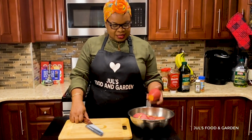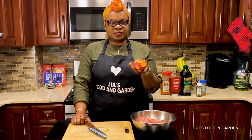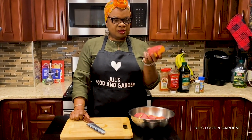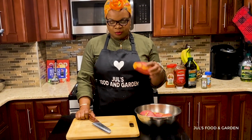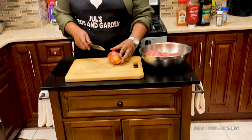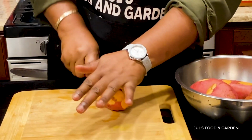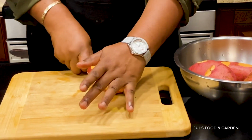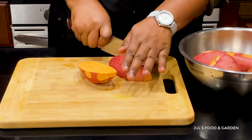As you can see that I did not peel the potato because I'm gonna make my wedges with the skin and the potato. So now I'm gonna create my wedges by cutting the potato in half. So, you know, cut it in half, and then in quarter,